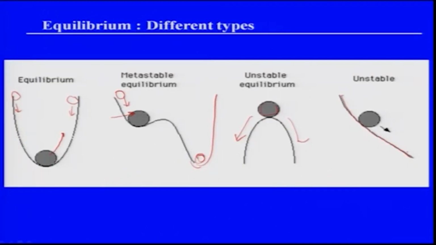The material world is actually exactly the same as these pictures. Okay, there are materials which, if I simply change pressure and temperature conditions, will go into unstable equilibrium conditions, and immediately they will transform into some stable products. Similarly, there are materials which will not transform into the global equilibrium product or metastable equilibrium product and remain there peacefully for a long time. So that is why this equilibrium concept is very important for you. Okay. So I think we should stop here, and in the next lecture we will discuss these things in more detail.